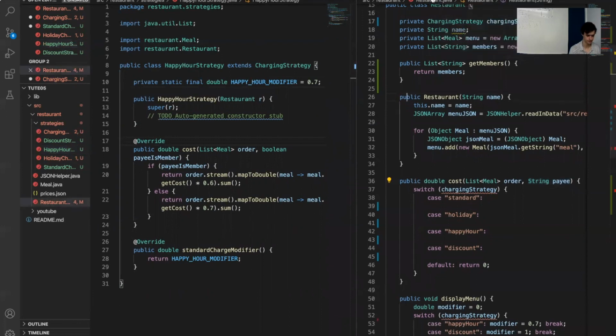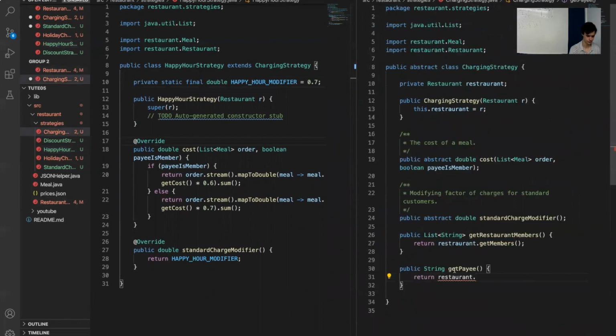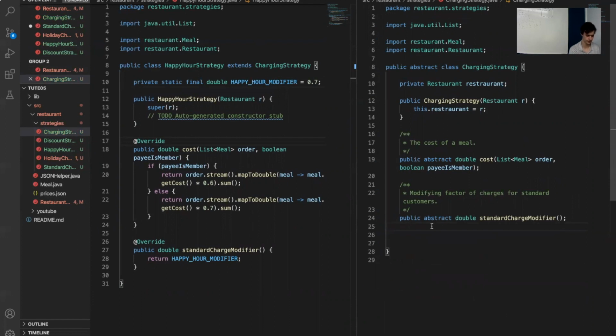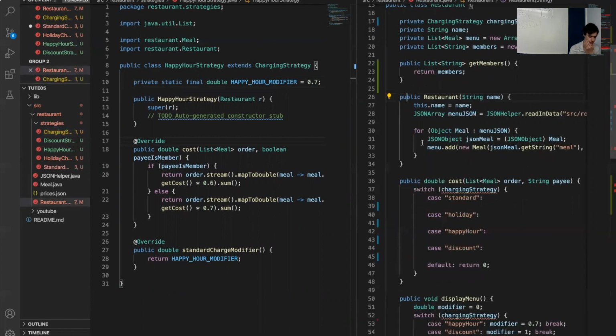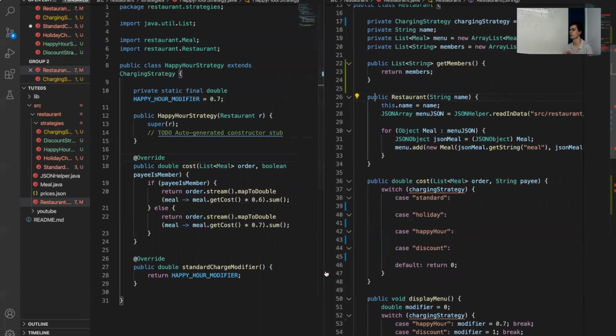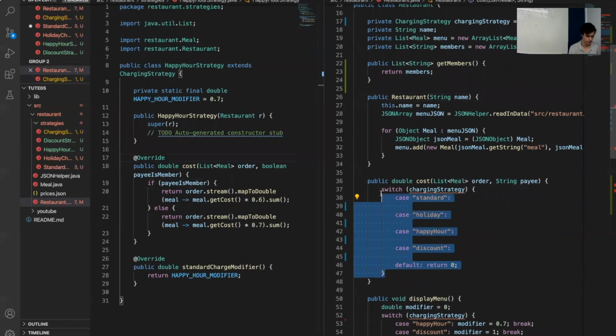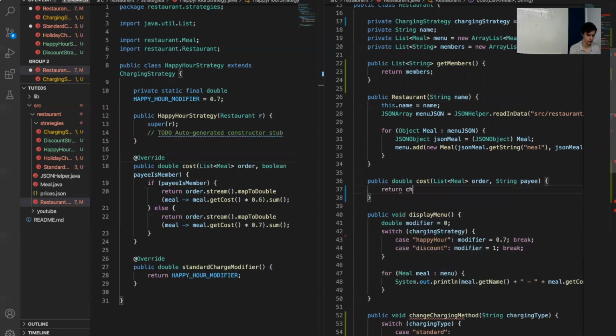So we'll get rid of that. We can probably get rid of this as well. We could have probably just made it an interface, but we'll keep it that way for now. Again, lots of these design problems are just trying stuff out, see what works. Then you realize that you had everything you needed all along, and it didn't matter. So now we're just going to say return chargingStrategy.getCost.cost. There we go. Order, and then we'll say